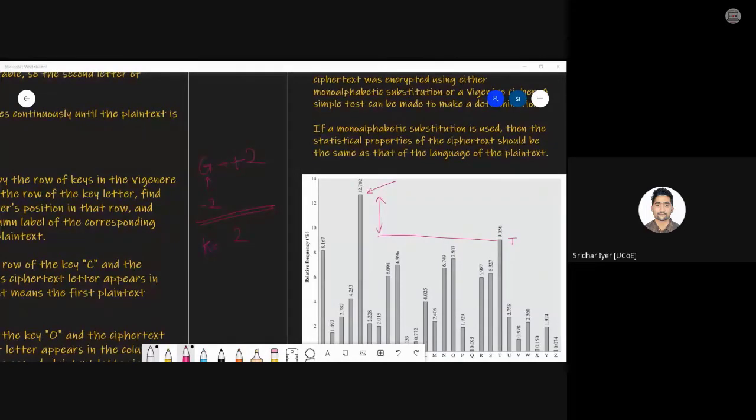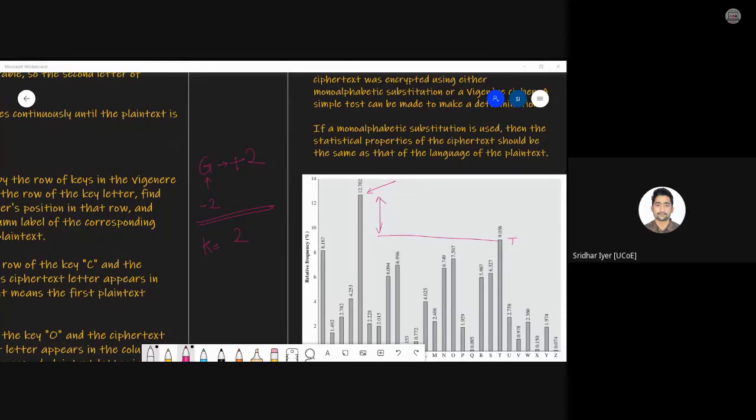The character which is repeated the highest number of times might be pointing to character E, because in the English language, according to this research, it was found that E repeats the most. So the character which is repeating in the ciphertext the most number of times can be thought of as character E. The next step is to check the difference between the character you have and the character E. In my example, I found it to be +2. So kindly shift back by 2 positions and try to form a meaningful sentence. If you find a meaningful sentence, then it is very clear that the text had been encrypted using a monoalphabetic shift cipher of shift 2.